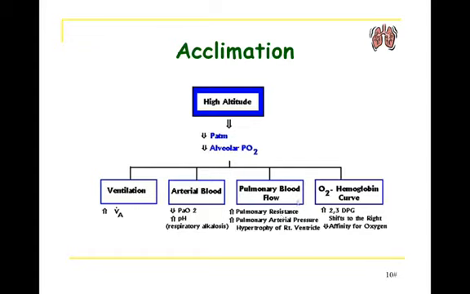Some other things that may happen is your oxygen hemoglobin curve will shift to the right. What causes a shift to the right is you start producing more of that 2,3-BPG, the physiologists call it DPG, 2,3-bisphosphoglycerate, which is a negative allosteric effector of oxygen binding to hemoglobin. So this allows the person to release more oxygen at the tissues.